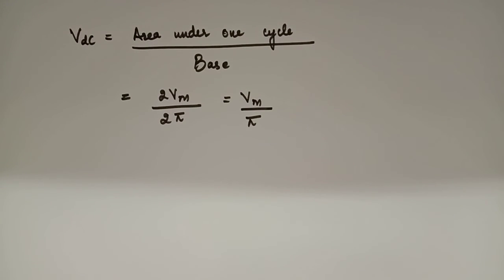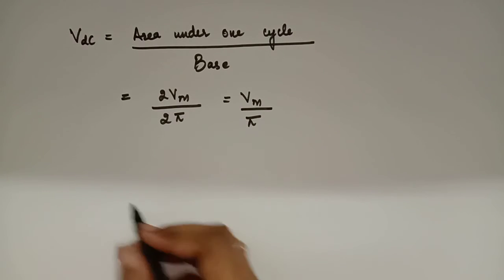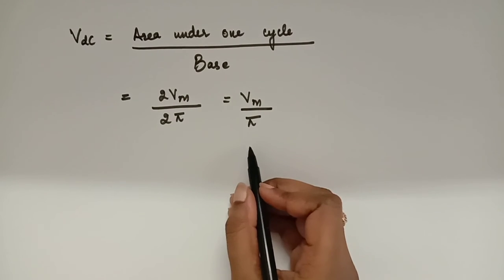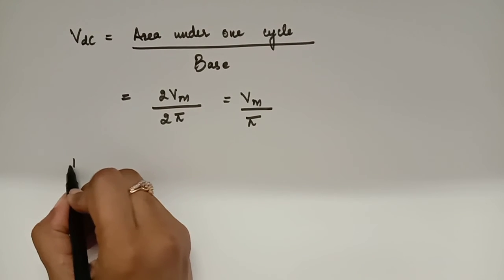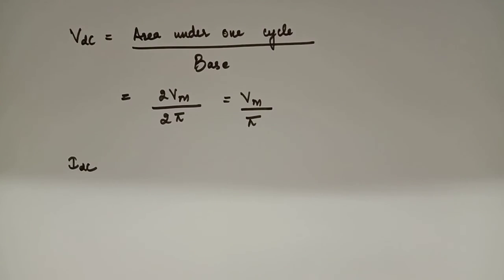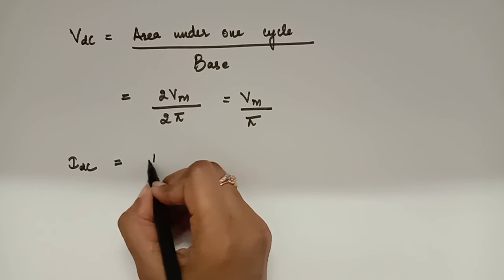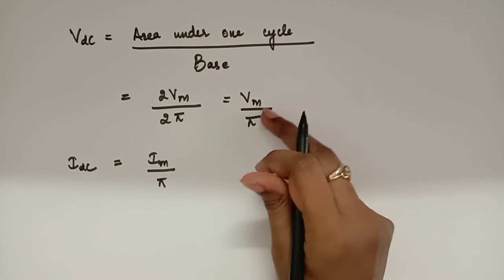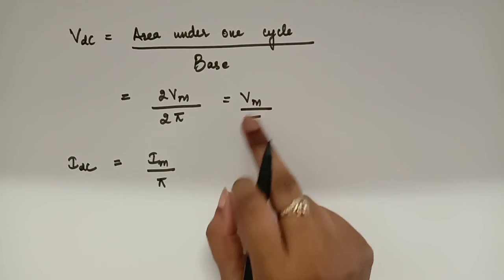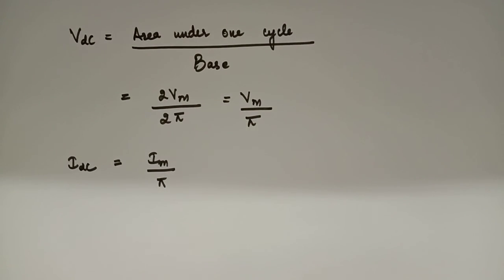So here we have got the DC value for the output voltage of the half wave rectifier, or the average value of the output voltage of the half wave rectifier. And the input signal that we have considered earlier could be a current signal also. Therefore, the voltages that we calculate will be analogous to the currents. That means if we want to calculate the DC value for the output current of the half wave rectifier, it will be equal to Im upon pi. Same as that, Vm will be analogous to Im. So this is how we go.